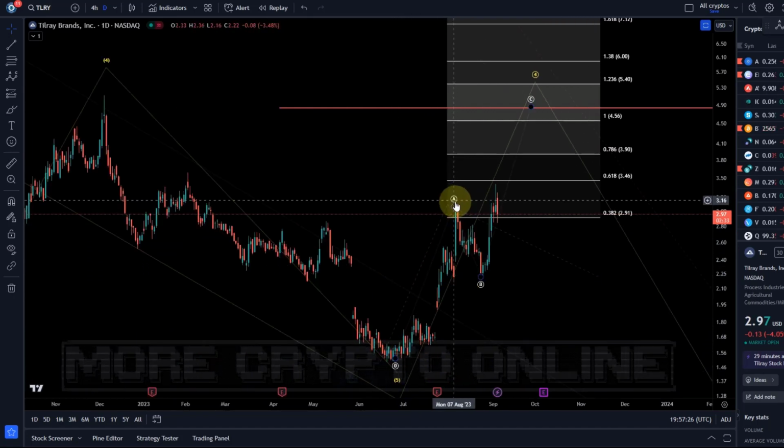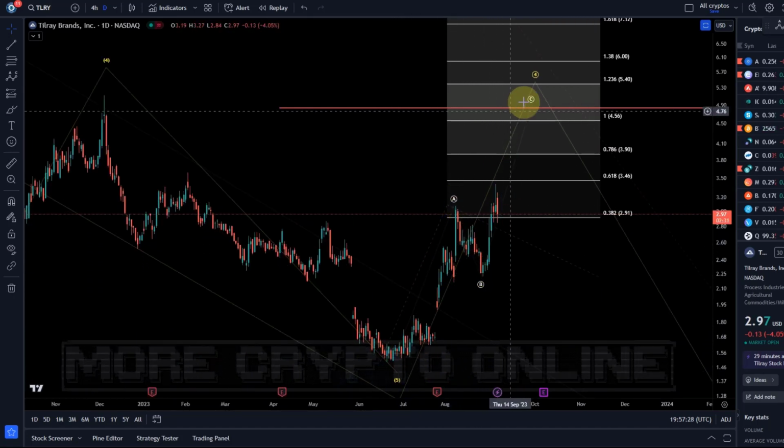At the moment, this is only an A wave, a potential B wave and a potential C wave still in the making. So there is a lot of work to do still for Tilray to give us some evidence that maybe something more bullish is going on. It would really need to give us some evidence, because there is a lot of potential in these types of stocks. A lot of potential is certainly there, but you just need to be aware that, of course,